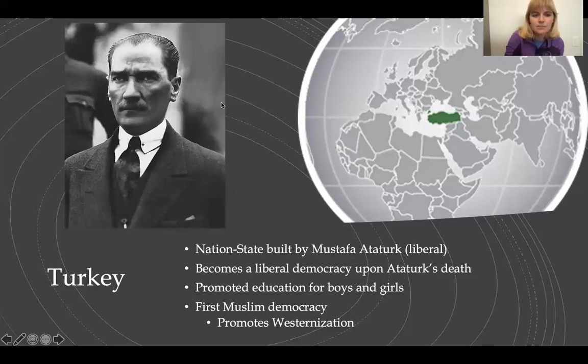And you can see, even in the picture, all right, he's wearing a suit and tie. That's Western clothing. He's not wearing historical Ottoman sort of garb. So again, that nation state we know of today is Turkey, capital Istanbul. All right, that is going to be basically due to this guy right here, Ataturk.